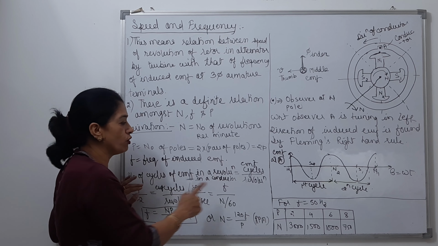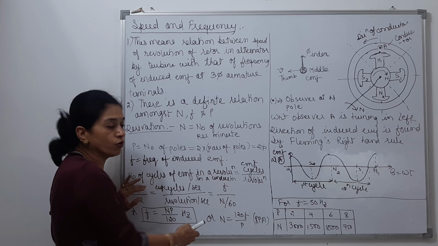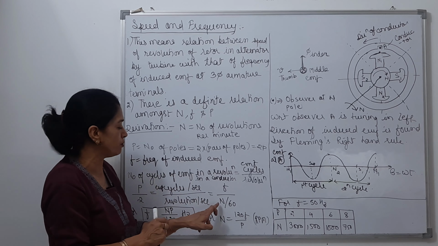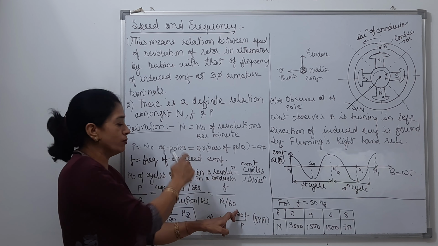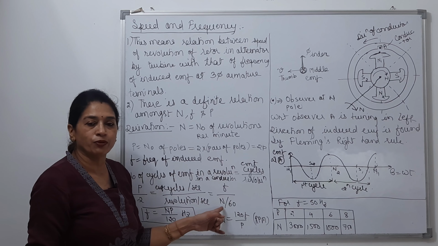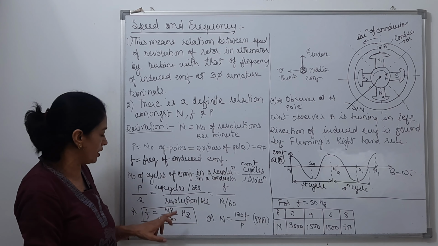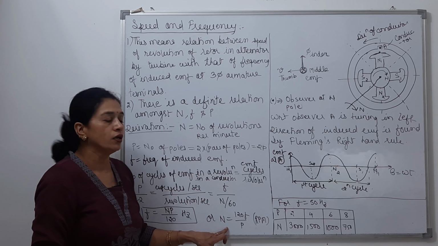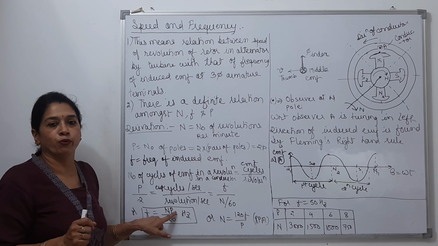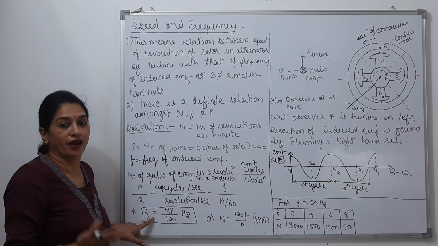And EMF cycles per revolution, as I maintained, the numerator I divided by seconds and the revolution also I divided by seconds. So EMF cycles per second means frequency, and revolutions per second means capital N upon 60, because this is given in RPM. So frequency upon N upon 60 is equal to P by 2. Altogether, when I sort it out, frequency is equal to N into P upon 120 Hertz, or the speed can be written as N = 120 F by P. That means if we have P number of poles and revolution speed is N, we will have the frequency of EMF as F.